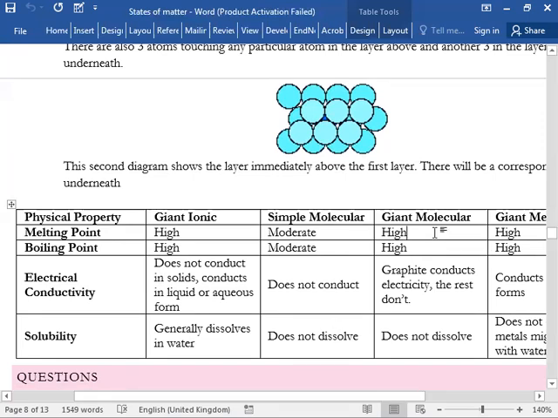Now giant molecular, just the example, diamond, sand, silicon oxide, they also tend to have very high melting and boiling point. They do not tend to conduct electricity. Graphite is the only one that conducts electricity. Silicon dioxide and diamond, they do not conduct electricity. पानी में भी, they do not tend to dissolve easily. Now that clear? Okay. Then we have fourth one,